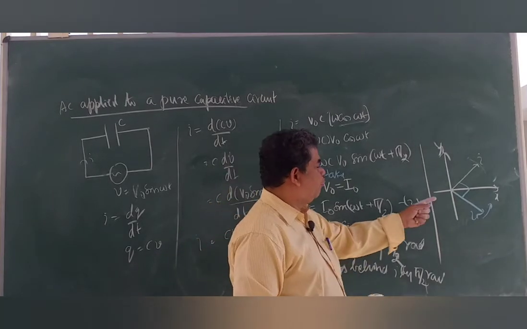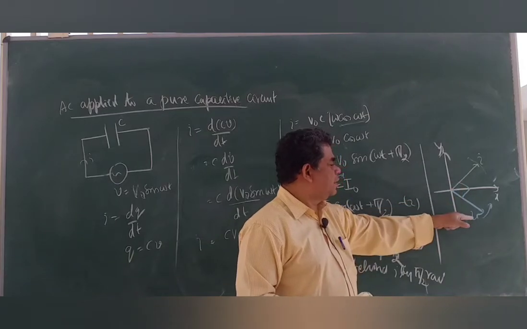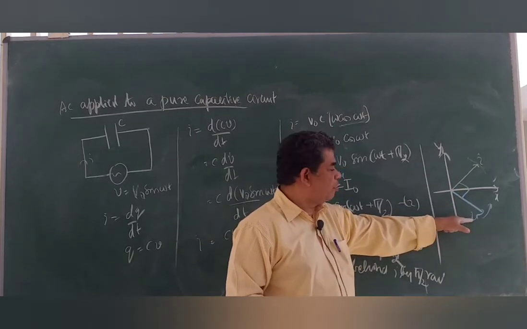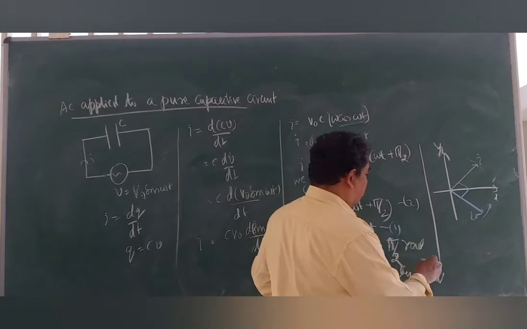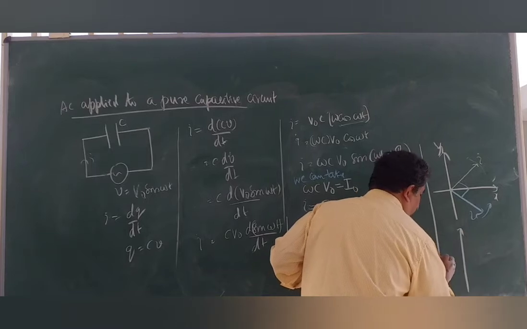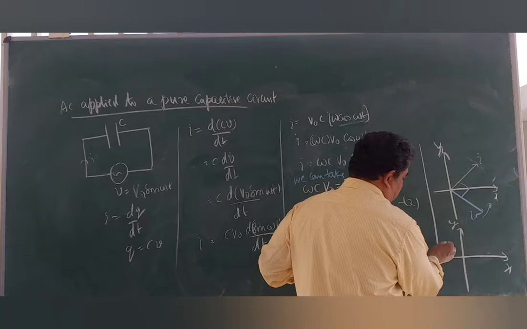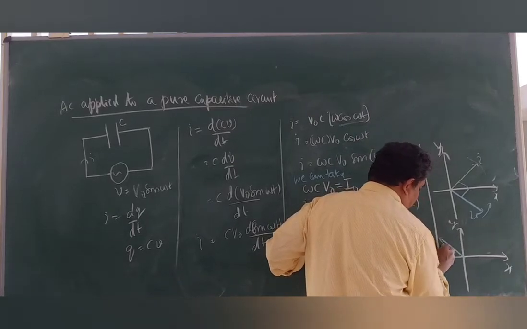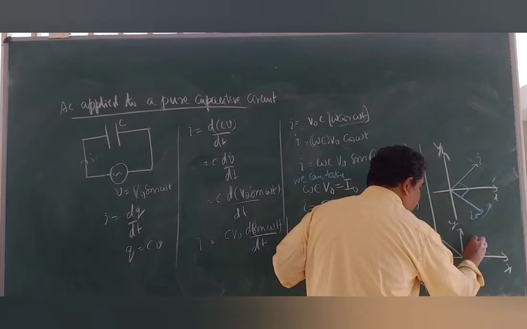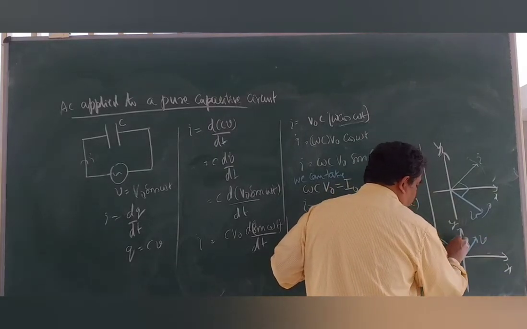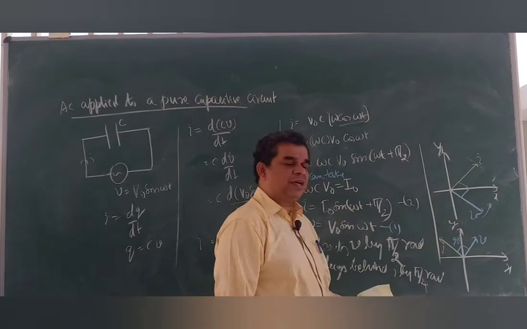In the graph, where we say phasor diagram, we write I in the first quadrant, which means V should be lagging behind, therefore it should be in the fourth quadrant. And also if you want, I can write another diagram to make you clear with these things, X and Y. The same thing can be represented like this. If I write I here, then I must write V here. The only thing is that the phase difference should be maintained like that. Both the diagrams are valid.